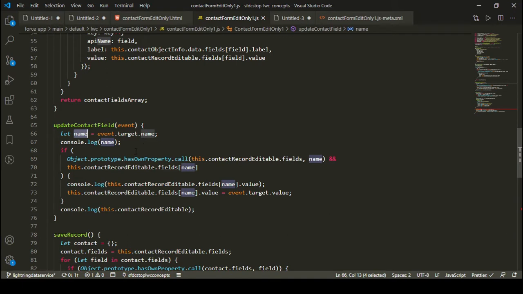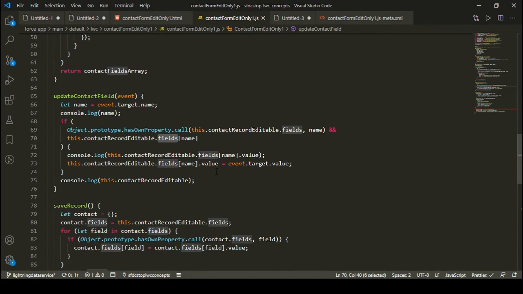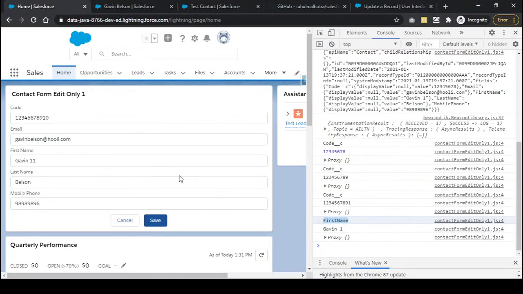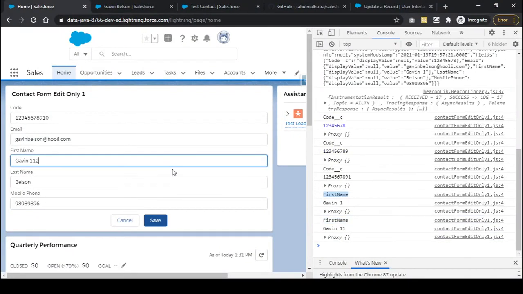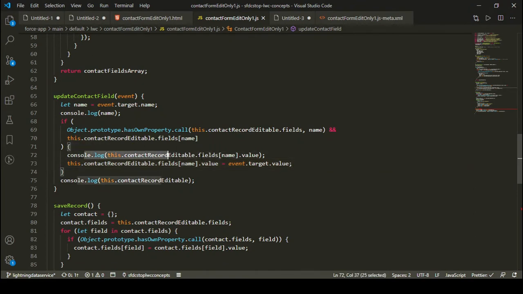And inside this, I have just added an if condition that if this API name is present in my fields array, and if it is accessible, I'm displaying its current value and then updating its value. For example, initially the value is given 11, and if I make it 112, the initial value given 11 is the old value displayed in the console.log.